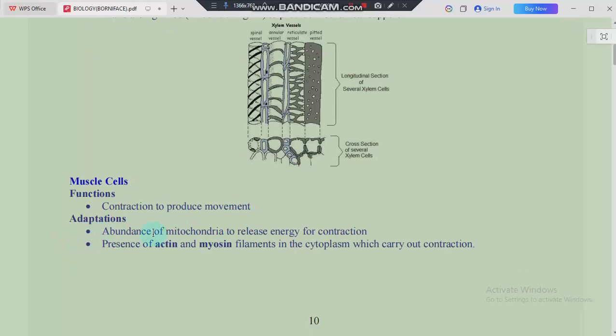Number one, we have an abundance of mitochondria to release energy for contraction. Now, we've been speaking a lot about the mitochondria. We know that the mitochondria